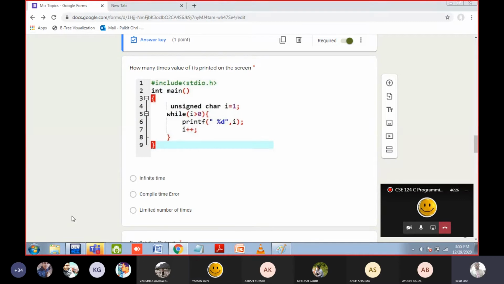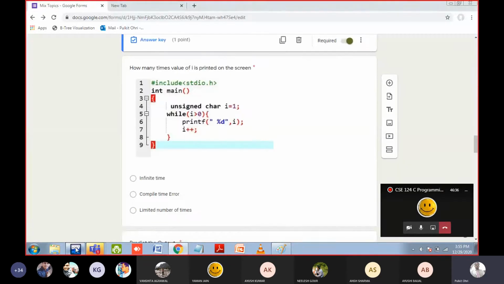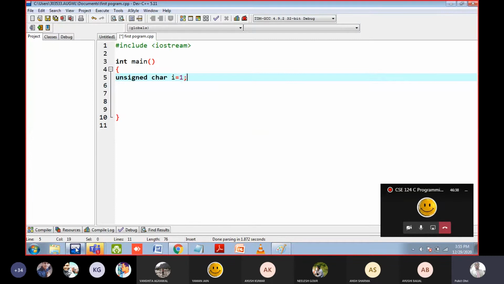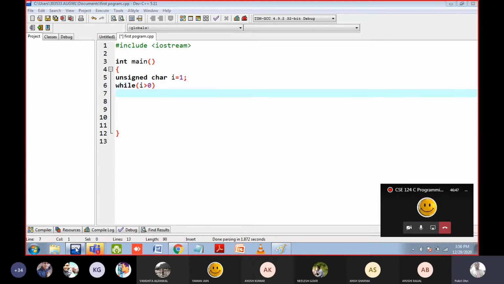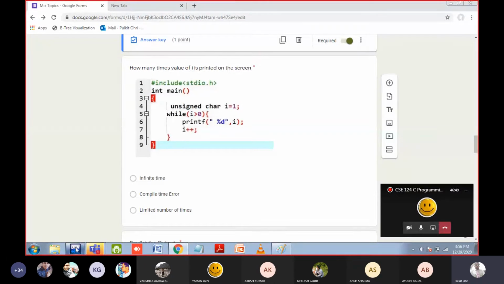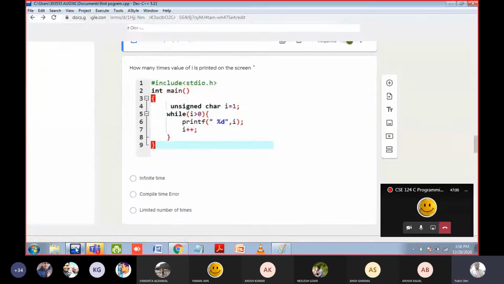Yes sir. I think you have studied the range in Rajiv sir's class now. That's why I have included a question. I have not told you about the range because in the practical class it was not required. But since you have studied the range, that's why I have inserted a question. Maybe when we do the next quiz in the next class or later, I will include unsigned integer also, and unsigned float also. So kindly revise these topics because questions may come from this part in the exam, placement exam.